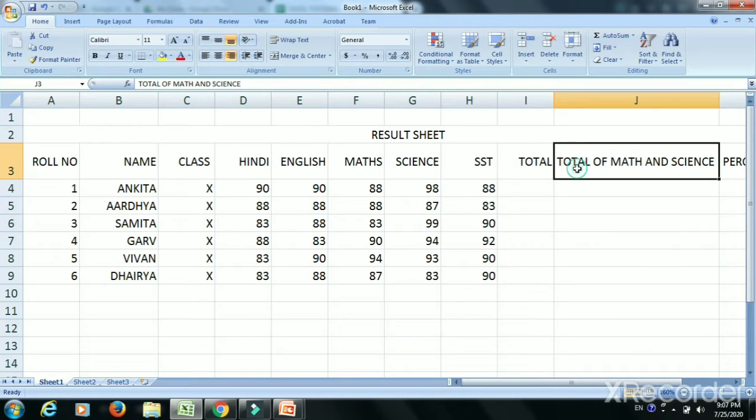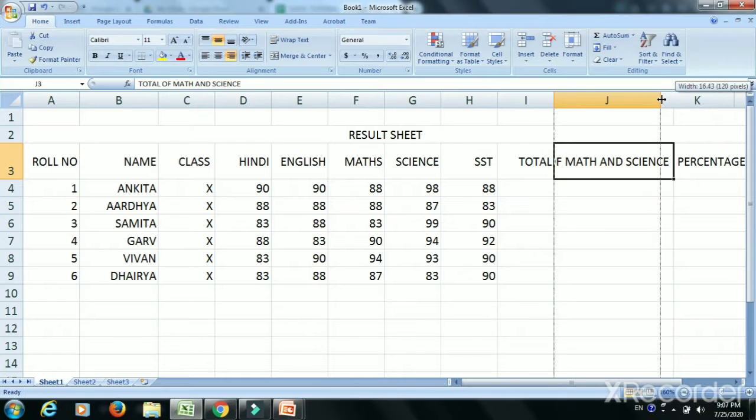you can see in this column the column is bigger and I want to make it smaller. So how can I do it? I will just click at the edge of the column. You can see this is the J column. I will click at the edge of the column J and I will just drag it backward. I will just drag it up to the width that I want. Now it has become shorter, but you can see that the data is hidden.